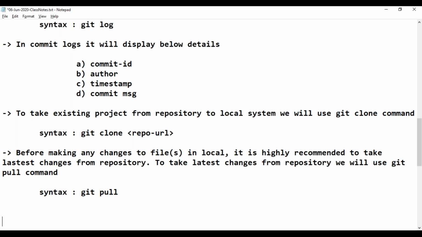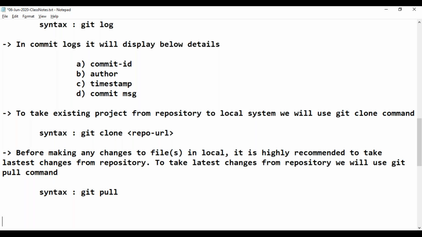Right. Now the question is, when to go for the clone command, when to go for the pull command? Can anybody answer? Vijay answered: clone for first time. Pull.